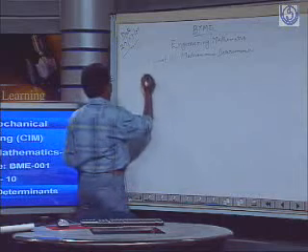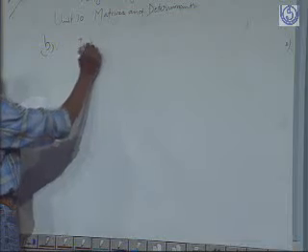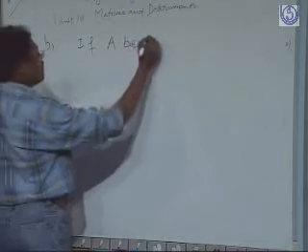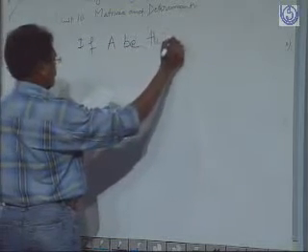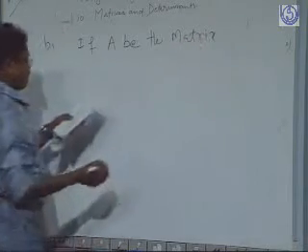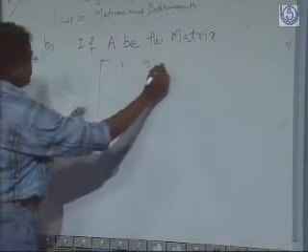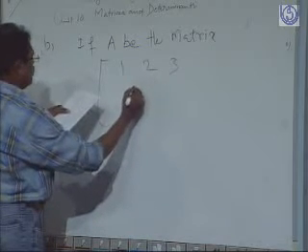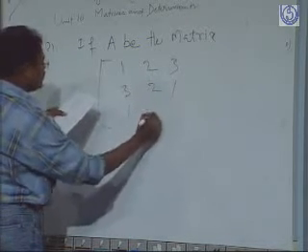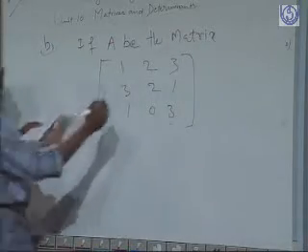Here in the second, that is B, if A is the matrix 1 2 3, 3 2 1, 1 0 3,